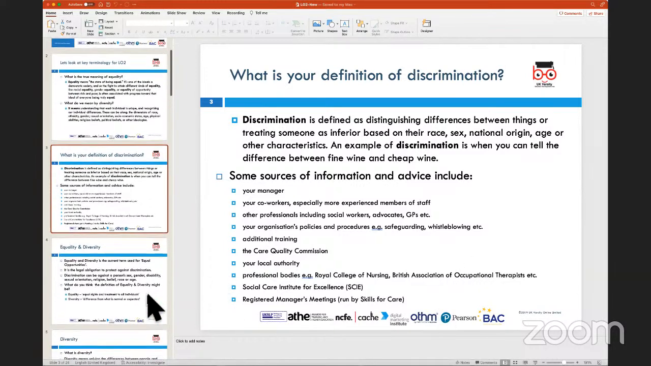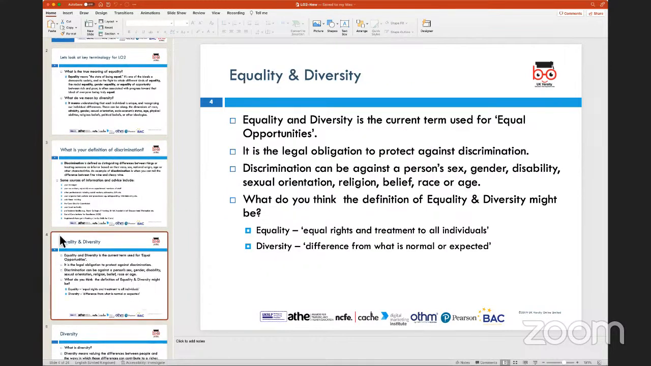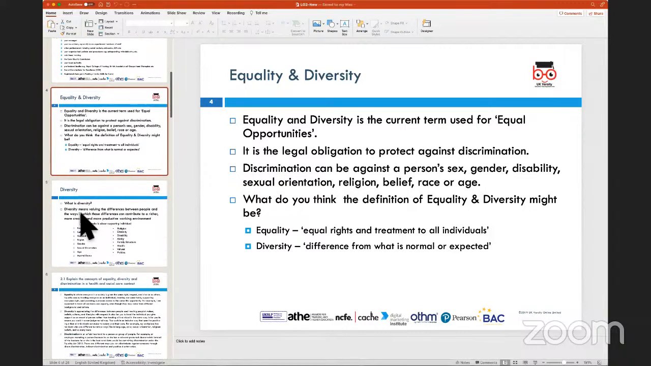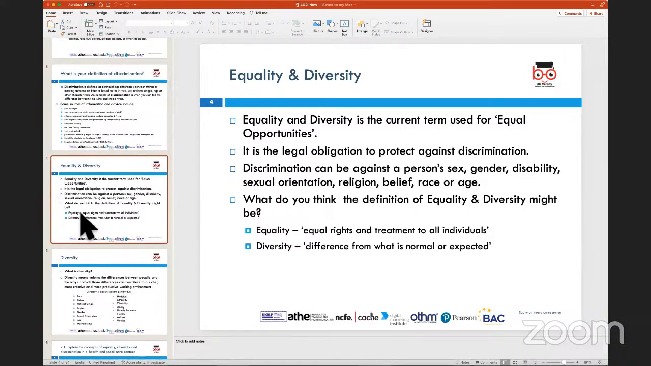This bit is quite important for us to understand, because when we talk about equality and diversity, we are looking at ensuring that everybody gets equal opportunities. There is a legal obligation within the National Health Service to ensure that people are protected against discrimination. If discrimination is happening, you need to be able to report it actively, rather than have it pushed under the carpet. Sometimes, when you're working within the organization, you have to make a complaint because there is discrimination,